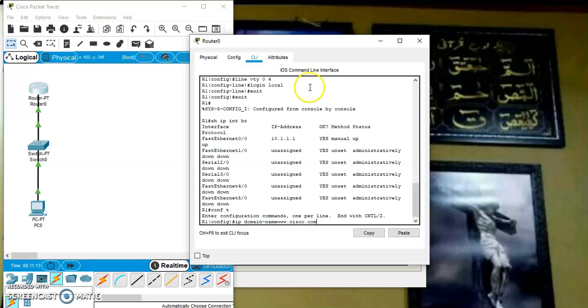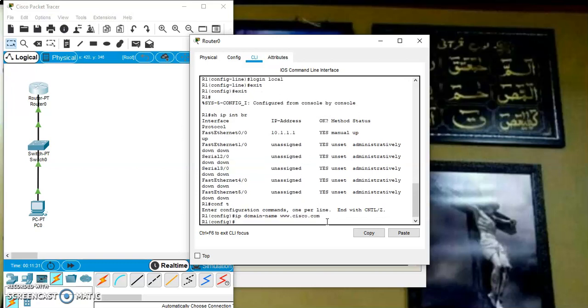We need to give a space over here. Okay, no problem. www.cisco.com, right?